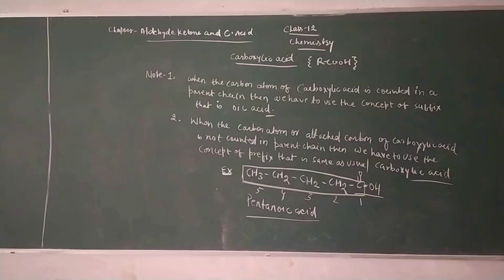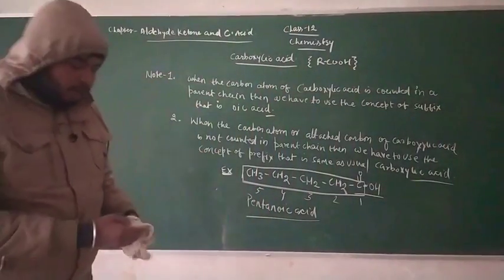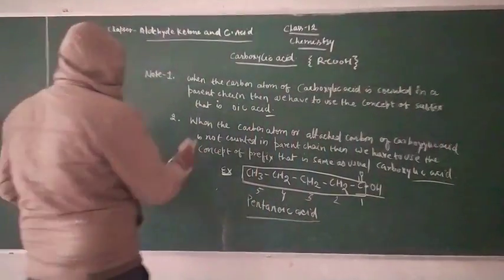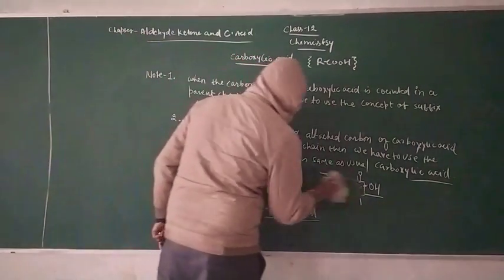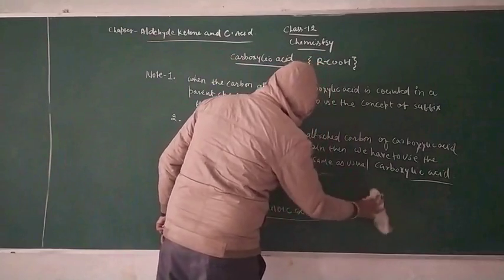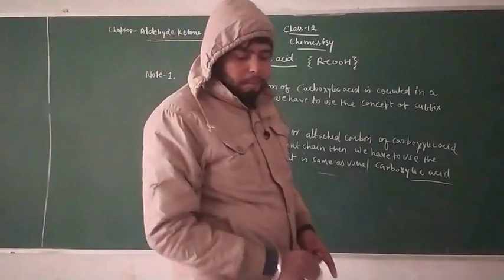Now guys, in terms of the sequence here, we have to use another concept, that is another compound in which the carbon is not counted in your parent chain. I will erase this compound because we have to discuss another example. After that we will do some nomenclature questions containing these organic compounds.